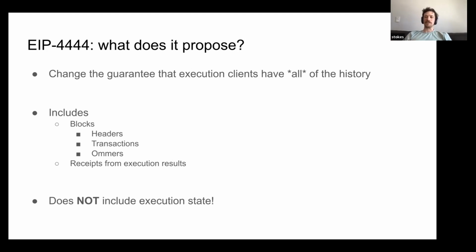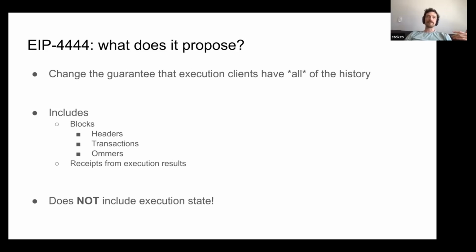That's what 4444 is trying to drive at. I'll say this later, but if you think about this, let's say we're running the Ethereum protocol in 50 years, even 100 years, you won't care about a transaction that happened today. So why would your node want to keep track of it, right? Anyway, I'm getting a little ahead of myself. Specifically, what 4444 says is that we're going to drop this guarantee.